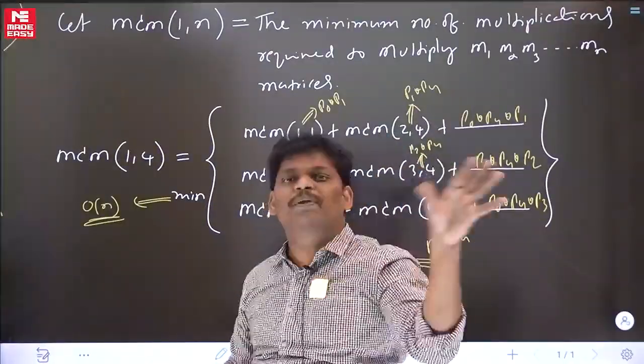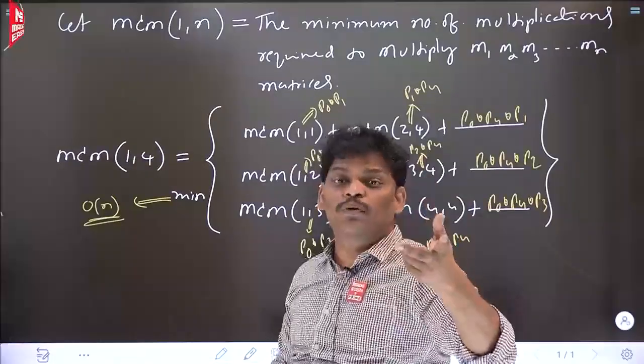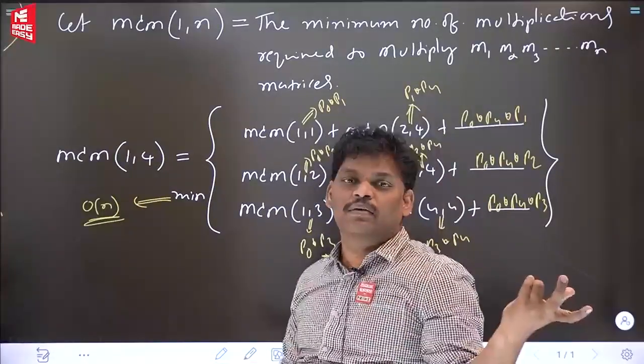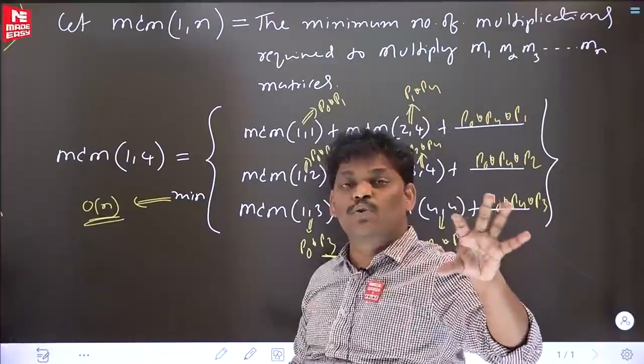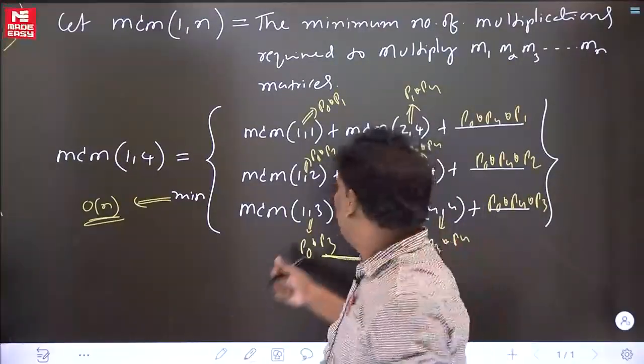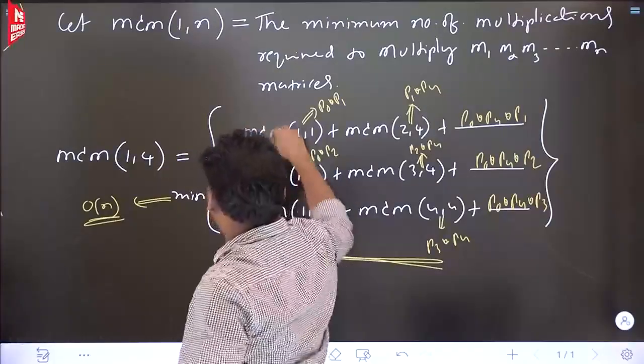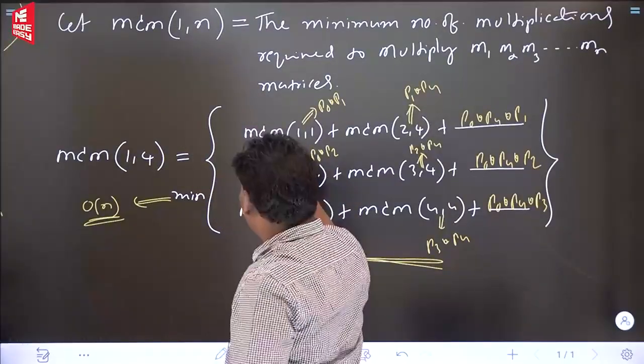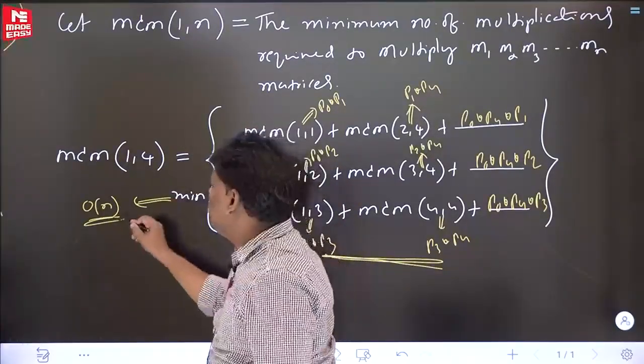So if you see all the previous applications, adding 2 values is constant, finding the maximum of 2 is constant, finding the minimum of 2 is constant. But here, out of n values, see, 4 means here 3, here n means n minus 1. Finding the minimum out of n minus 1 values takes order of n time.